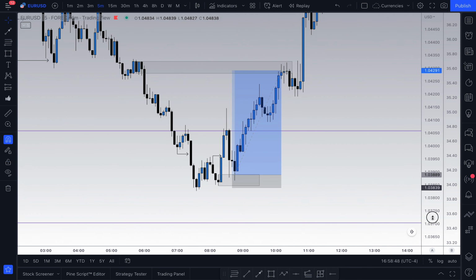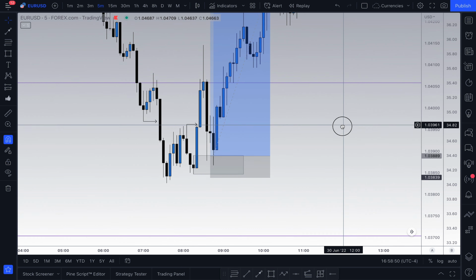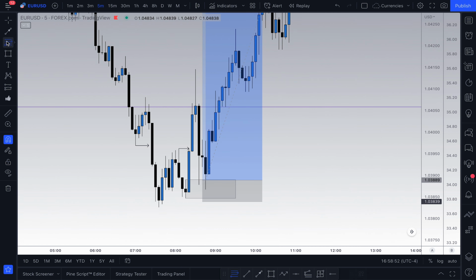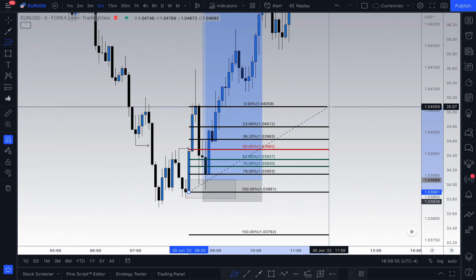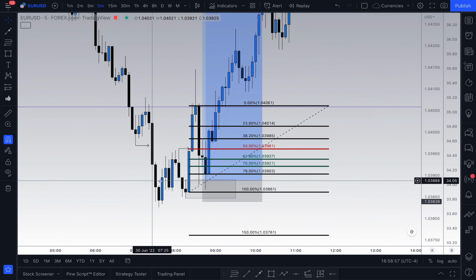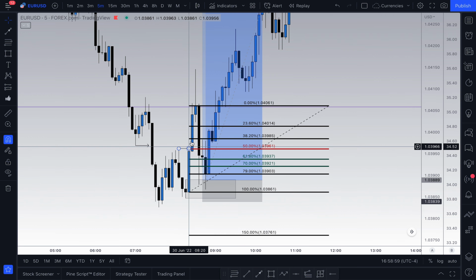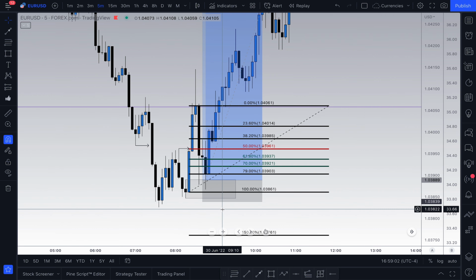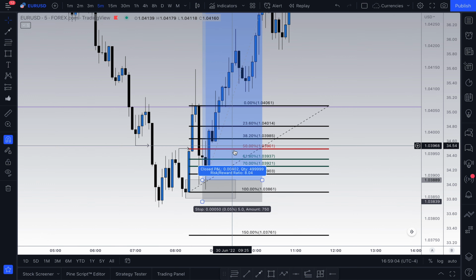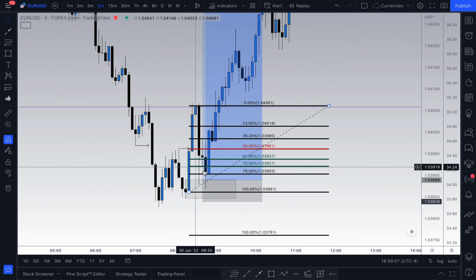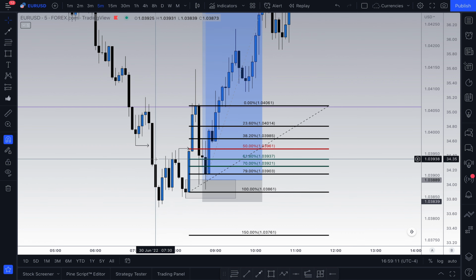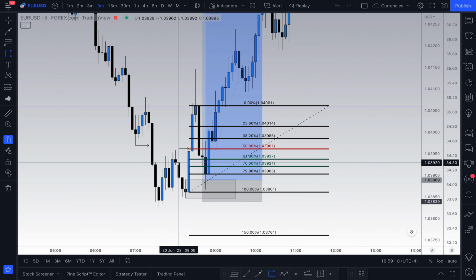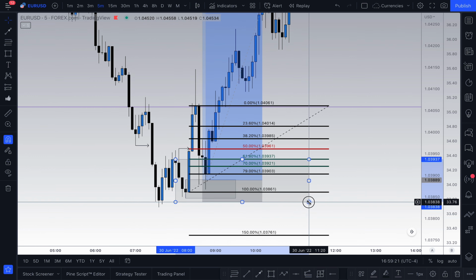and then wait for price to return there. Now, another key thing you can do is add your Fibonacci to this. You can add your Fibonacci, and that will also give you extra confluence or confirmation on where you should enter on the order block. So as you can see here, the 61.8 level was right at the top of this level here,